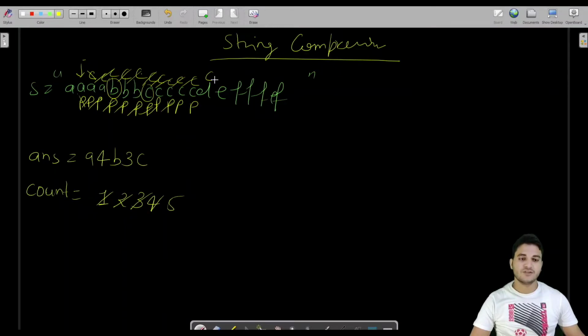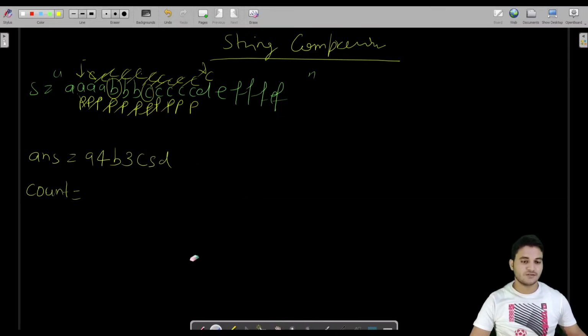If they are equal, no, they are not equal. Then in that case, what we used to do? We used to pick up this 5, the counter, append it here, and append the current character also, D, and reset this counter to 1. Fine. Let us see one more iteration.